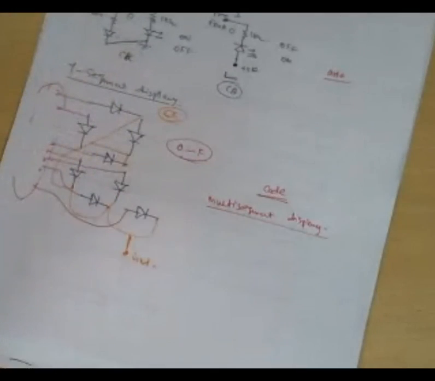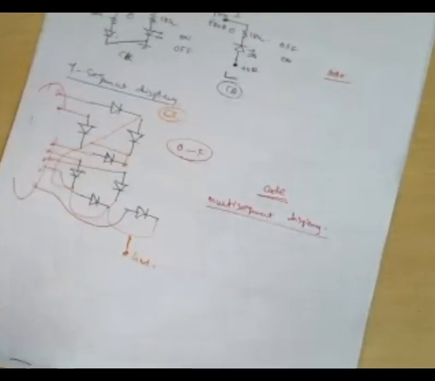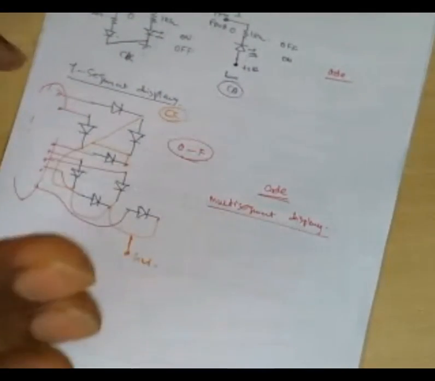If you travel in the metro train, you can see Andheri railway station, next station, and then the next station is coming. That is moving like this. The moving characters are what we call a multi-segment display. In a multi-segment display, you can move the characters. But in a 7-segment display also, you can move the letters.